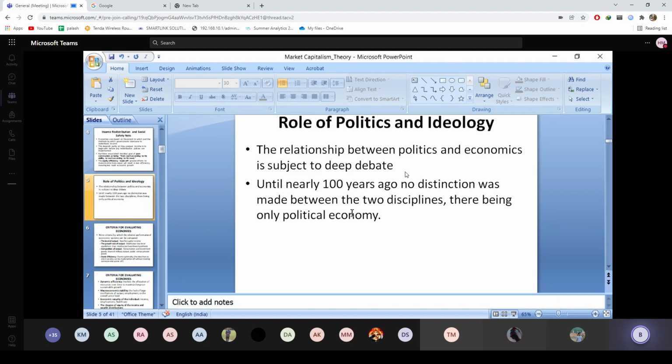for hundreds of years. Until nearly 100 years ago, there was no distinction between the disciplines, I mean, politics and economics. They were called political economy,